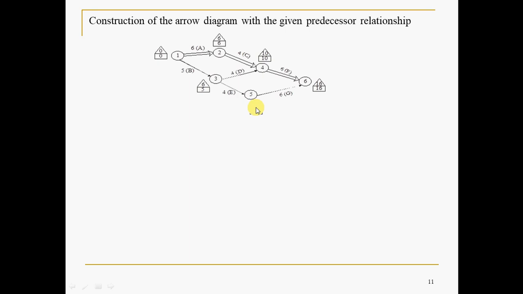In this case, if you go like this, this triangle value minus this, how much is it? 6. How is it 6? 10 minus 4, 6. Whereas if you go like this also, it is the same coincidentally. So the same number you have to write. Then to reach 2, you have only one backward path, 10 minus 4, 6. And while reaching the first node, you have 2 backward paths. What are those? You can reach node 1 either from 3 or from 2 in the backward pass.